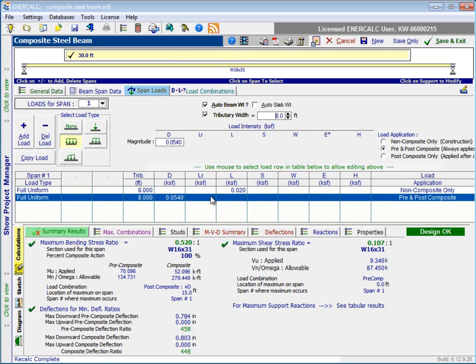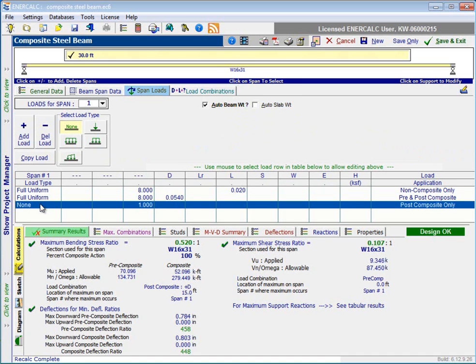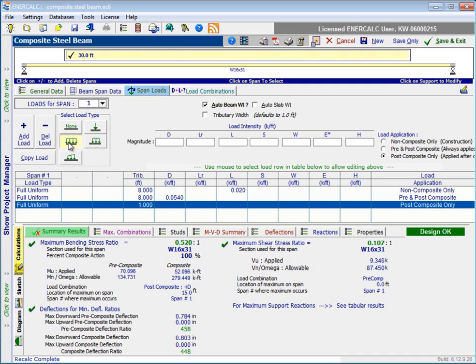Okay, we're almost done. The next load that I'd like to add creates a third line in the table, again a uniformly distributed load, still with a tributary width of 8 feet. And what I have in mind here is to define the post-composite load, the load that's applied only after the concrete has cured. Here we have the full range of all of the loading types available to us, but what I have in mind is a live load, an occupancy live load of 80 pounds per square foot, so 0.08